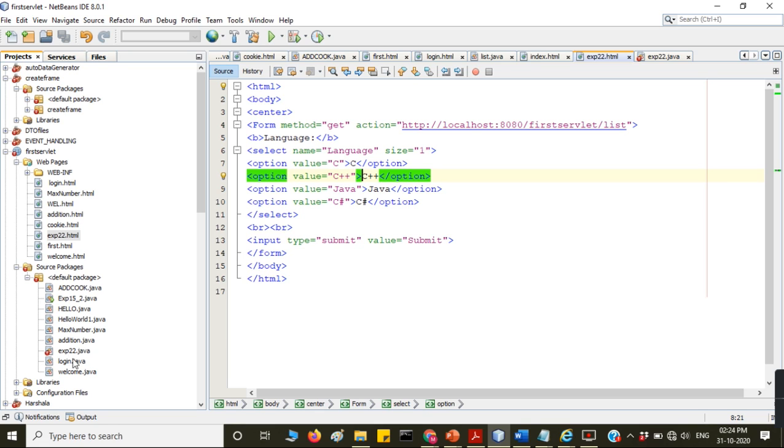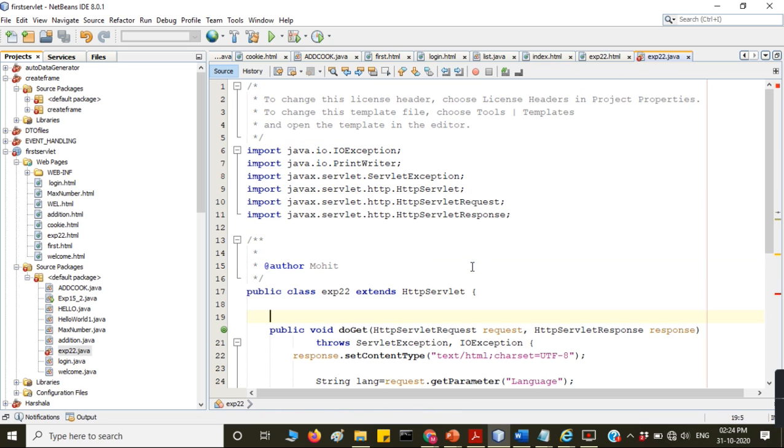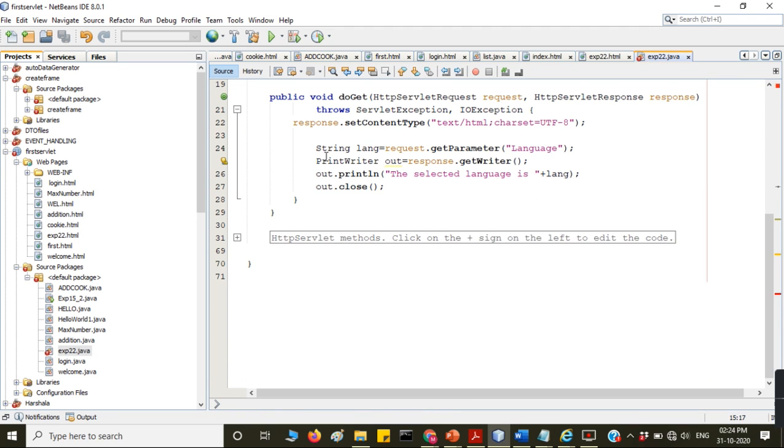And what is the Java code for this one? Experiment number 22. See here, it's very simple. String lang, one variable we have taken, that is language. Language is the name of the list. Whatever you select, we store in this lang variable. Then out, response.getWriter, so you are retrieving the PrintWriter object, and the selected language, whatever you selected, you are printing here plus lang. Is it clear? So that completes your